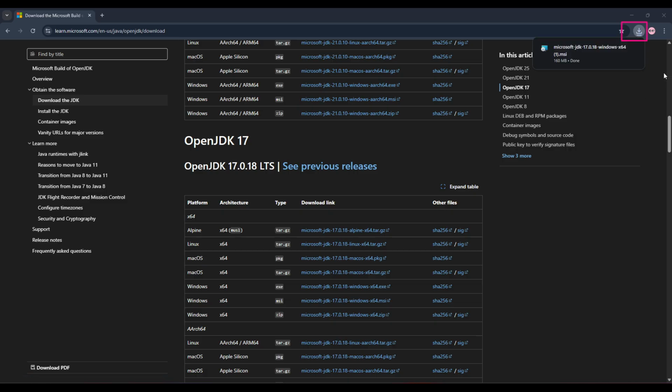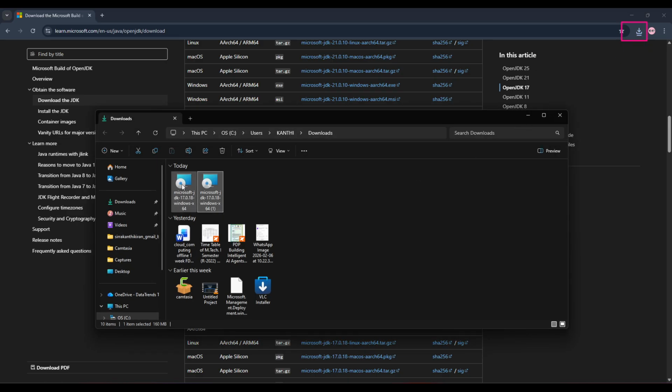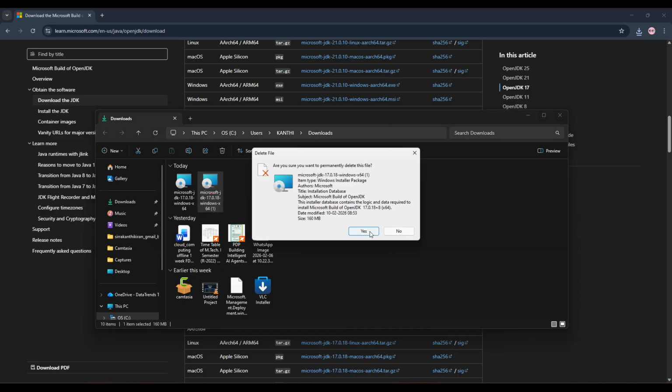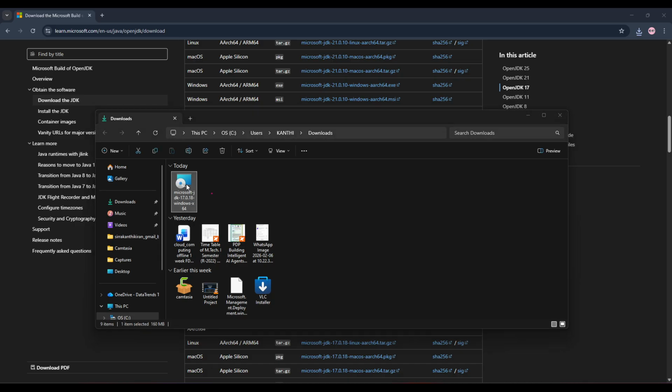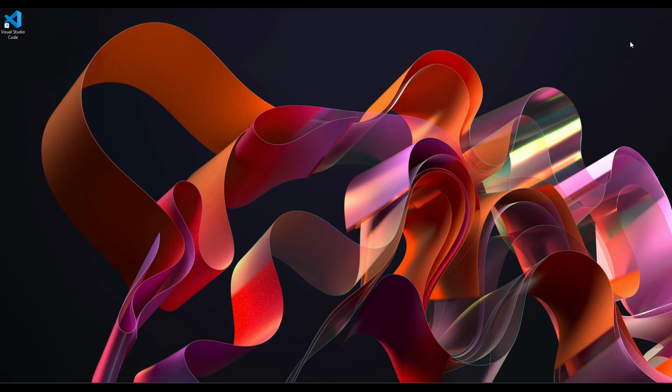Once the download is finished, click on the installer file. The installer file looks like this, as I have downloaded it previously. There are two of the same file, so I can delete one of them. I downloaded it again just to show how and from where we should download it. To install, I am just double clicking on it, and if Windows asks for permission to install, click